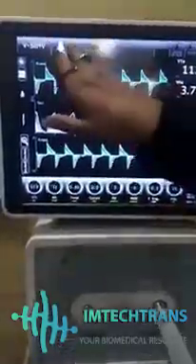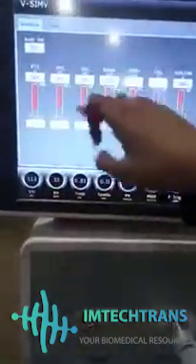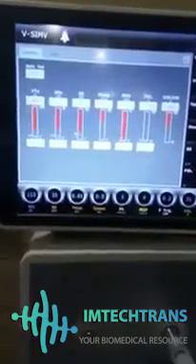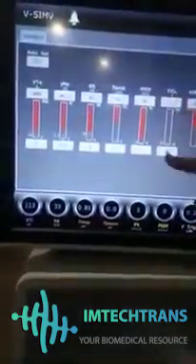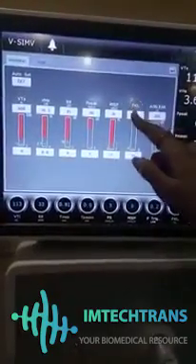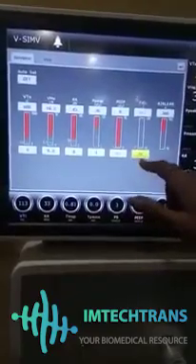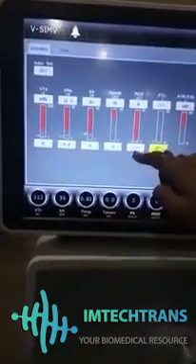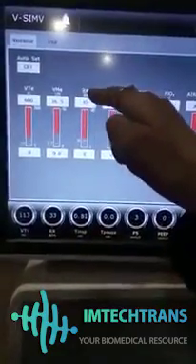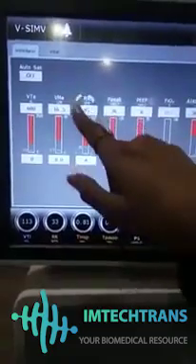We can select this up to 100% here. So now let's talk about the alarm setting. So press the alarm key, and you can see there are lots of options. So you can set the upper limit and lower limit for the alarms. Like this is the FiO2. So you can switch it off, you can switch it on, and you can set the lower limit and upper limit. Same as for respiration rate, we can select the lower limit or upper limit.